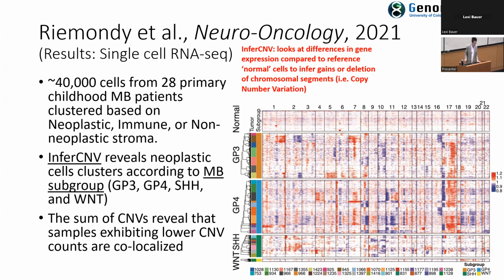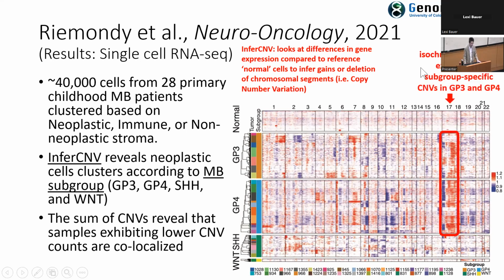And what they found is that, so this isn't a UMAP anymore, this is InferCNV, apparently the data is also consistent in terms of clustering these samples together along with those subpopulations that I told you about earlier. You got the GP3, GP4, SHH, and WNT. So once again, using a different bioinformatics method but recapitulating that difference also gives us confidence in their data. But they also find some other novel, interesting things too, where, for example, at least among the GP3 and